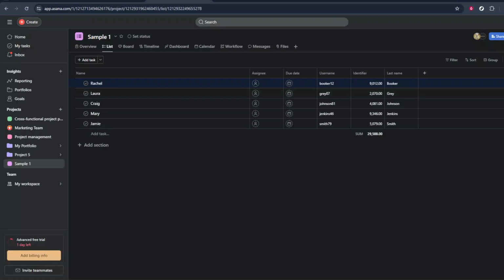In today's video, I'm going to teach you how to export Asana tasks to Google Sheets. This is a really handy workflow if you want to analyze your tasks, create reports, or share project data with people who don't use Asana. I'll walk you through the process step by step, and by the end, you'll have a live Google Sheet connected